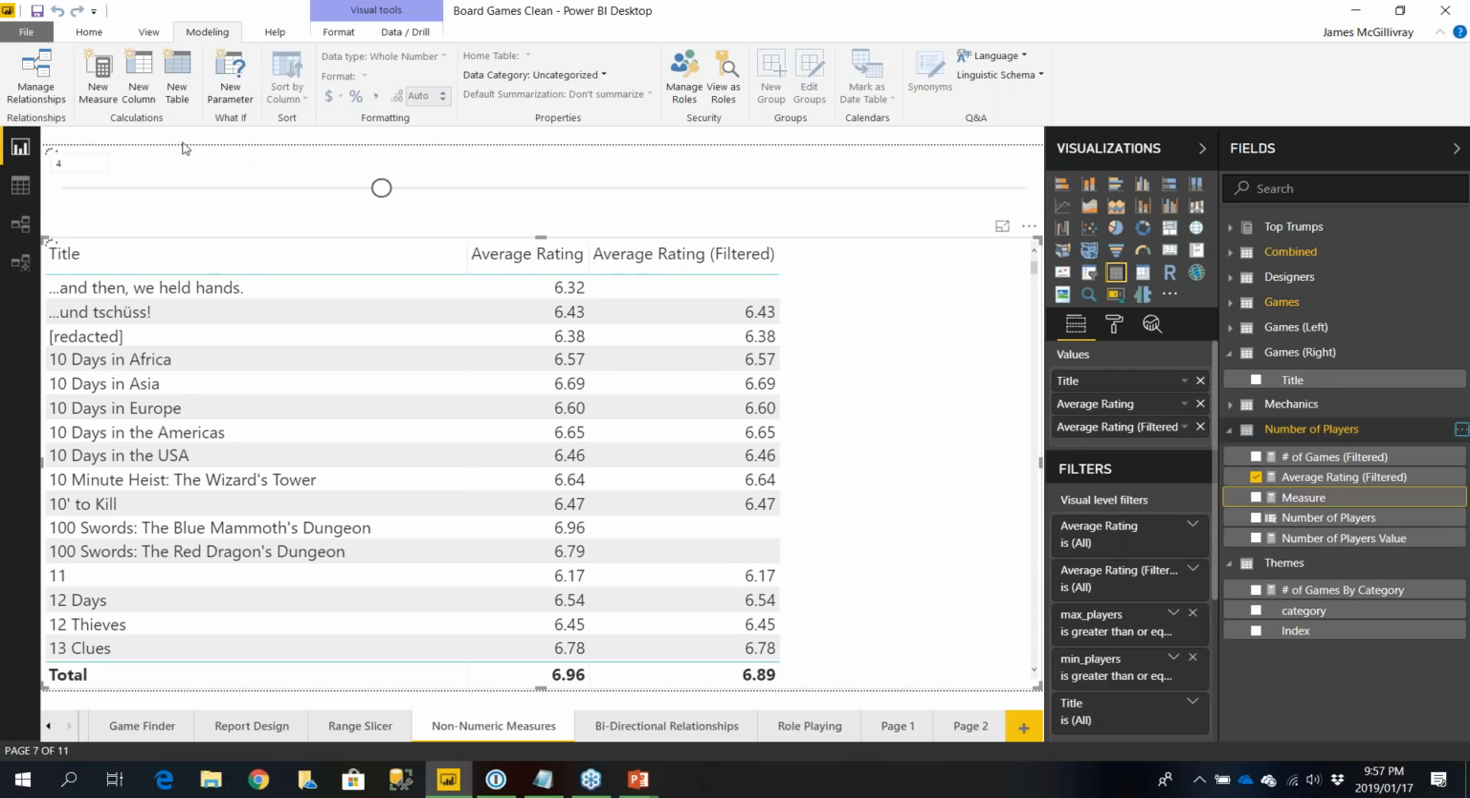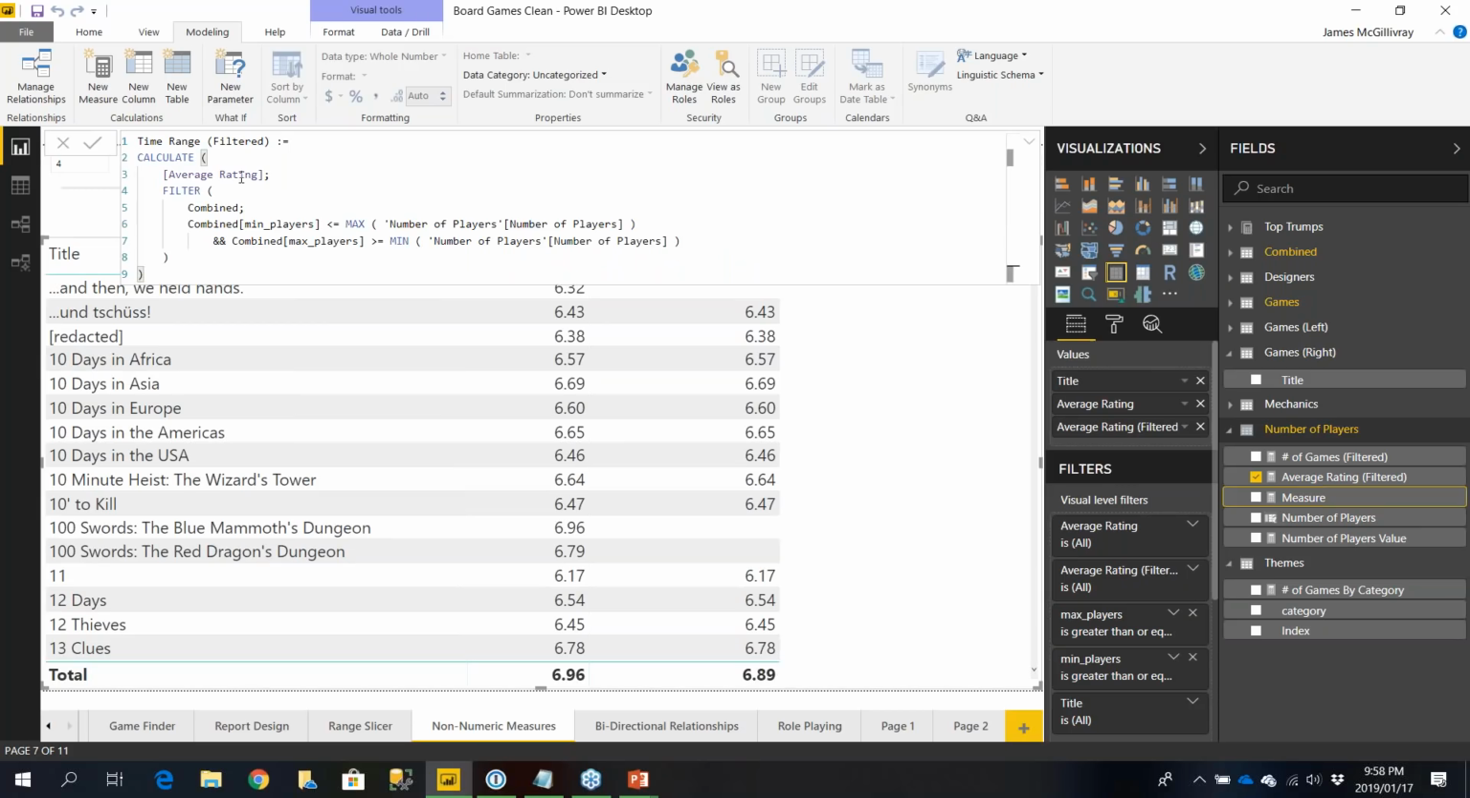I'm going to call it time range, but I want to filter it. So we're going to copy that measure that we had earlier and put it in there. This is that measure we created, player range 2. And that's going to show us